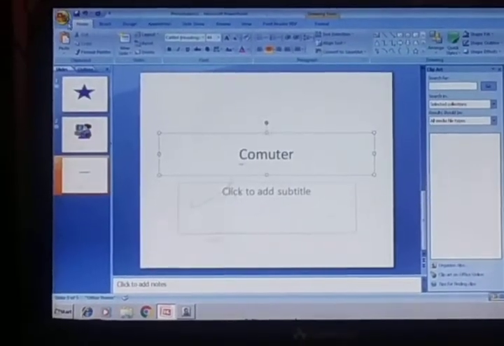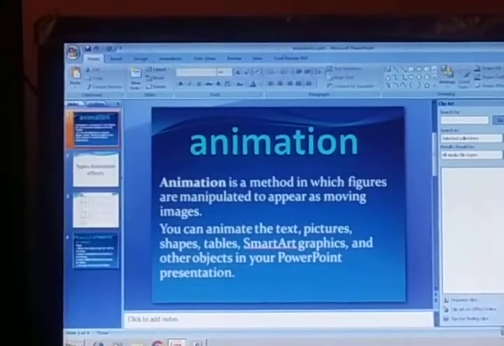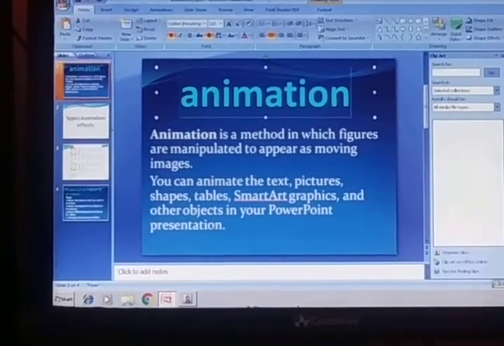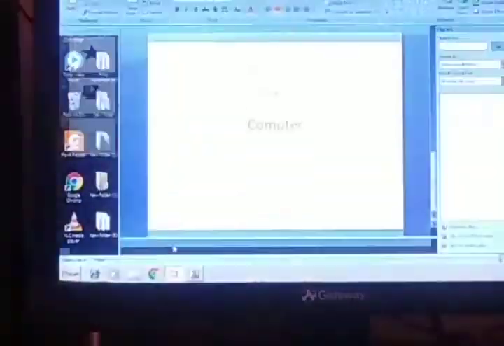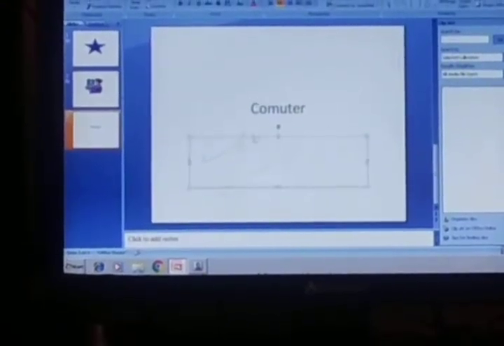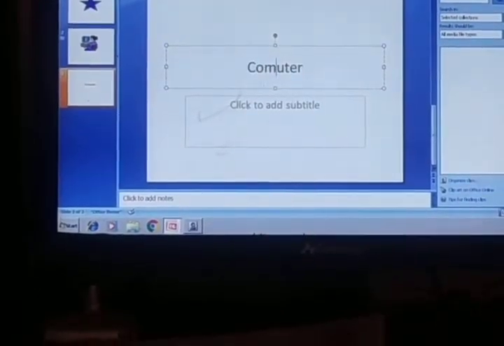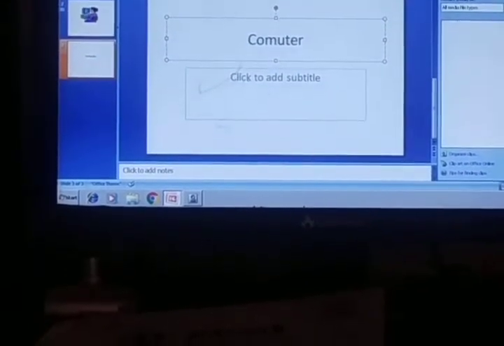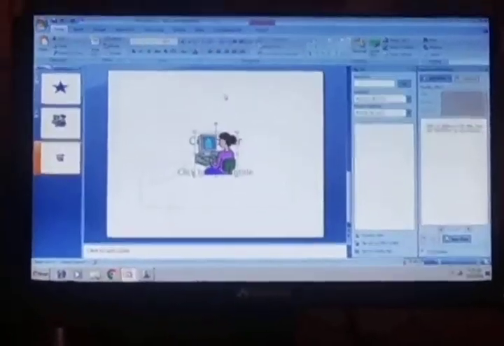I can copy from the animation and paste here.